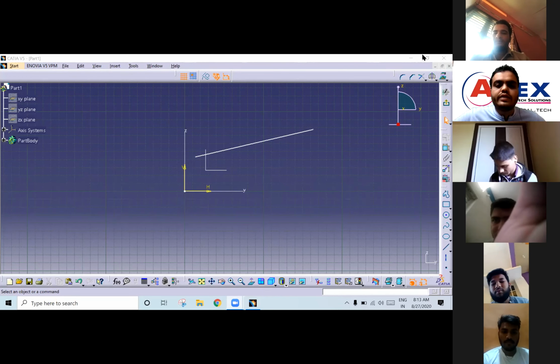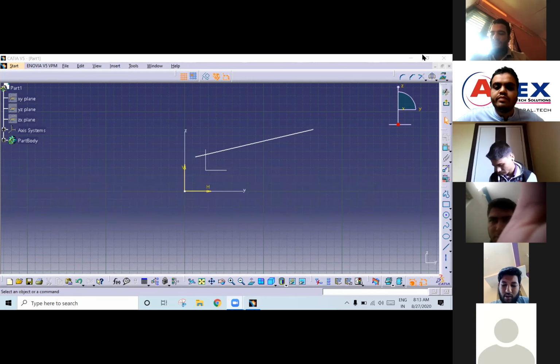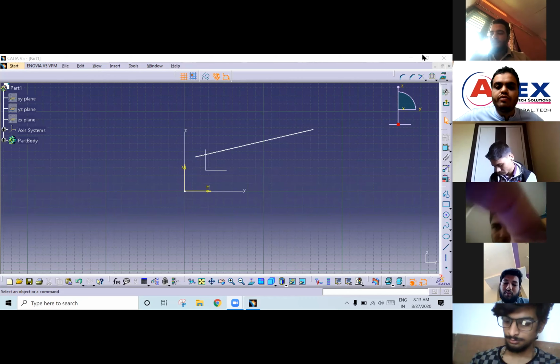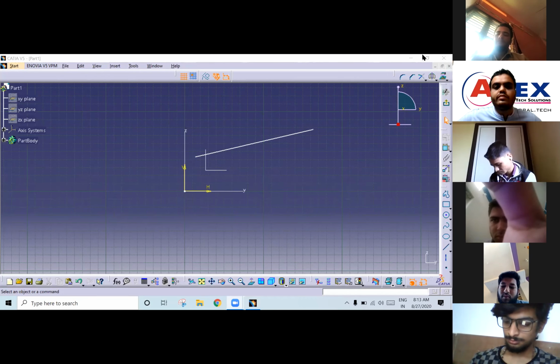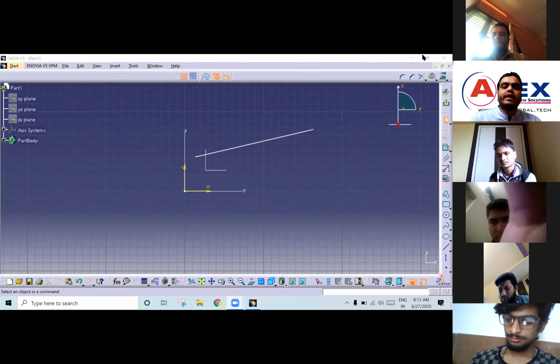Second is iso constrained or fully constrained. In bracket, green color.